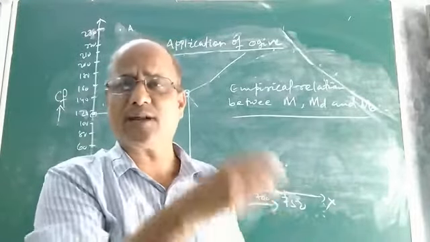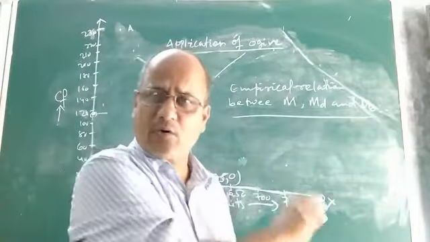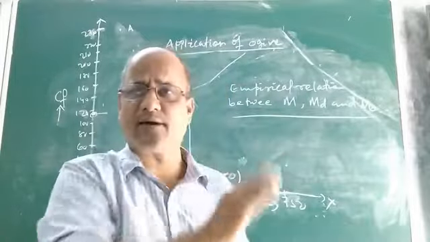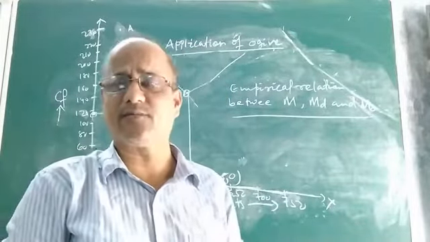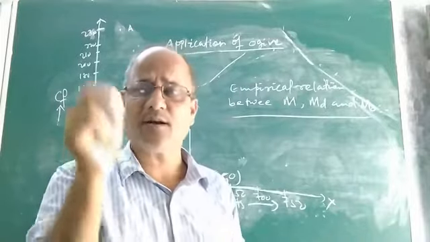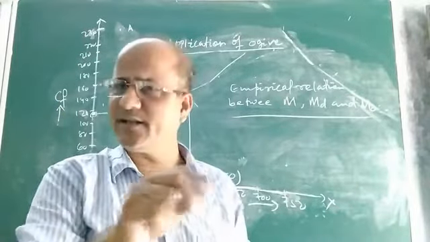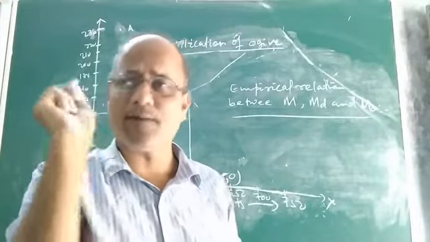That means if you are given mean and median, you can calculate mode. If you are given mode and median, you can calculate mean. If you are given mean and mode, then you can calculate the median of the discrete as well as the continuous frequency distribution, provided we remember the empirical relation. So what is the empirical relation? There is no need to prove it. We have to just remember the empirical relation and apply it in problems.